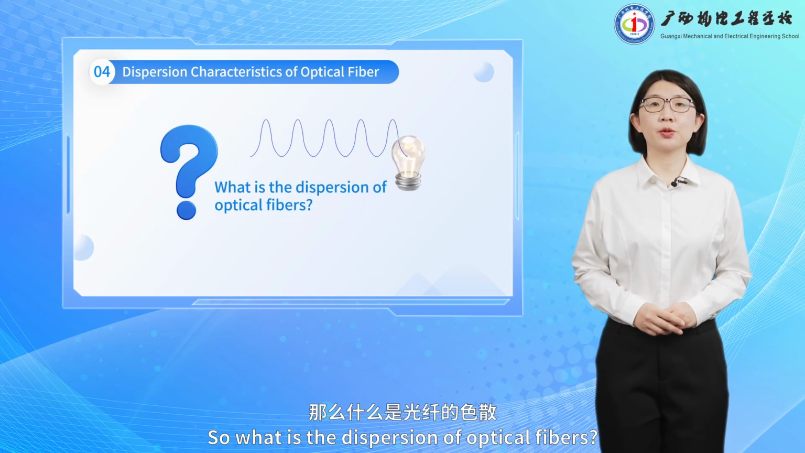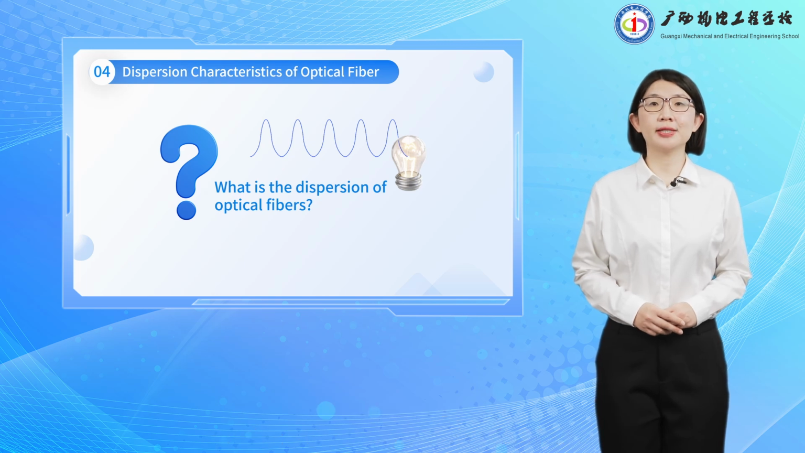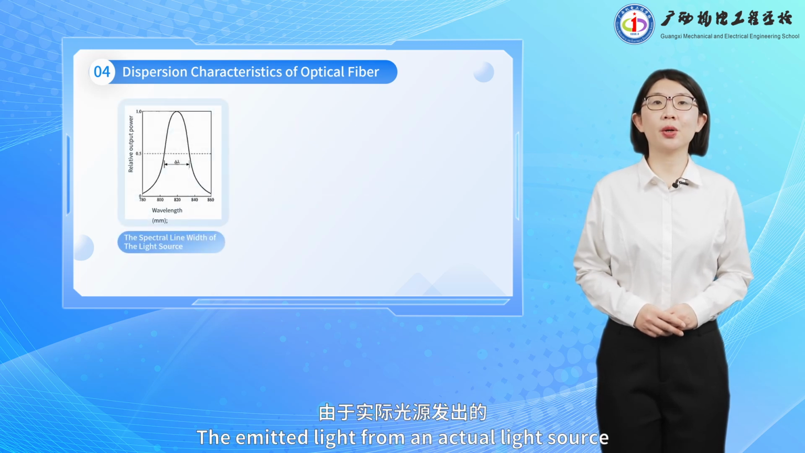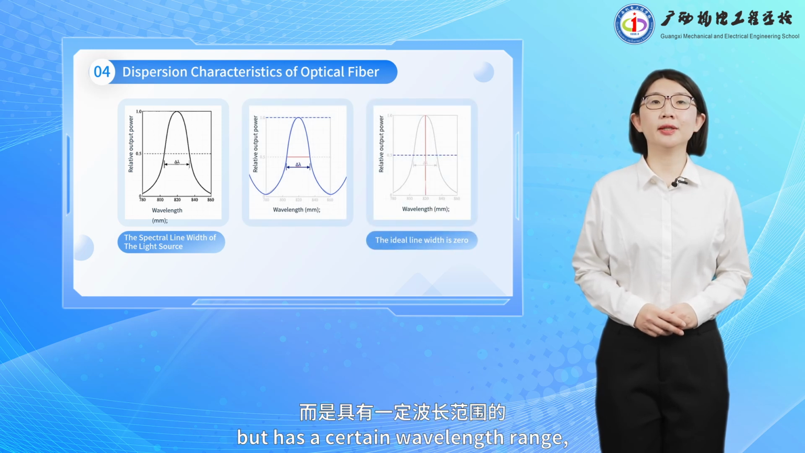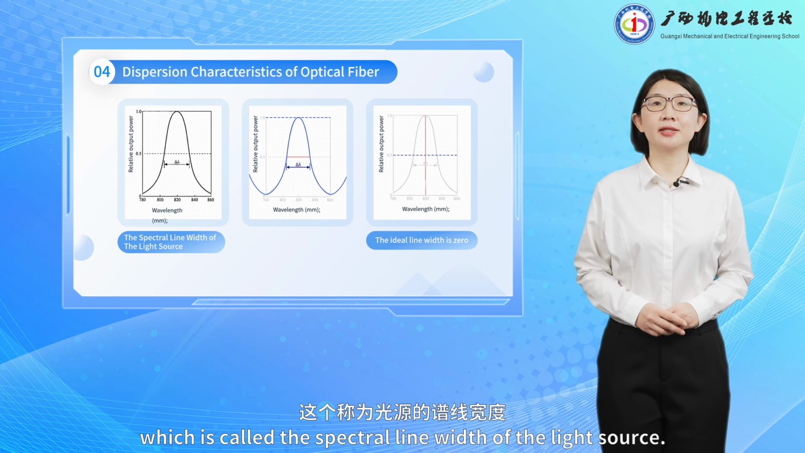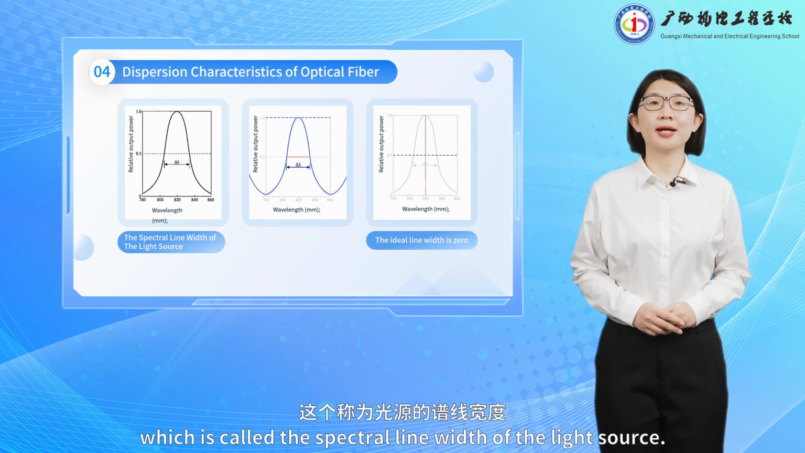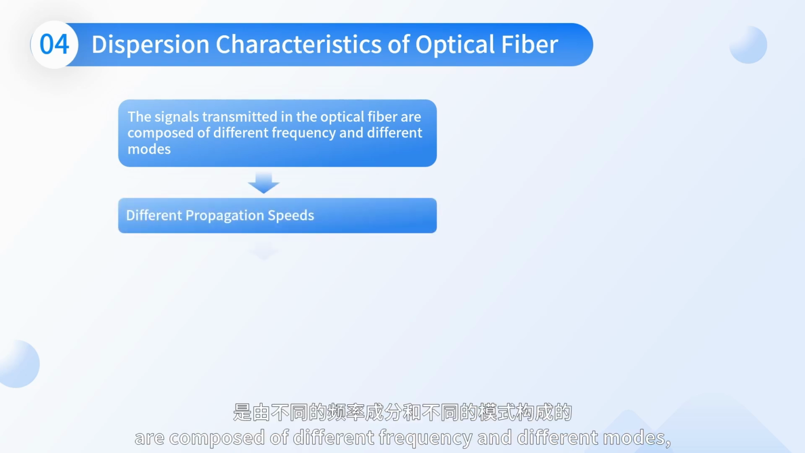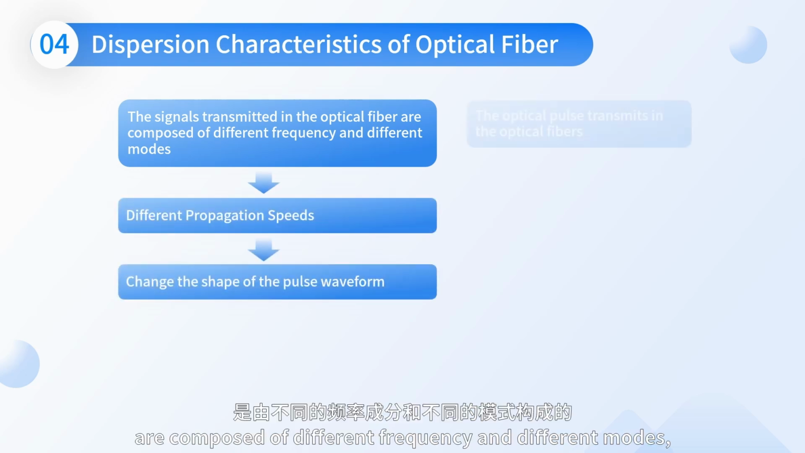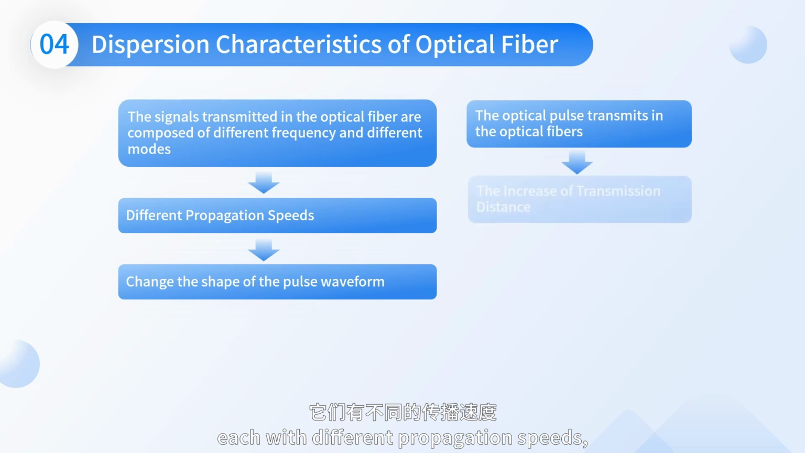So what is the dispersion of optical fiber? The emitted light from an actual light source is not monochromatic or of a single frequency, but has a certain wavelength range, which is called the spectral line width of the light source. The signals transmitted in the optical fiber are composed of different frequency and different modes, each with different propagation speeds,